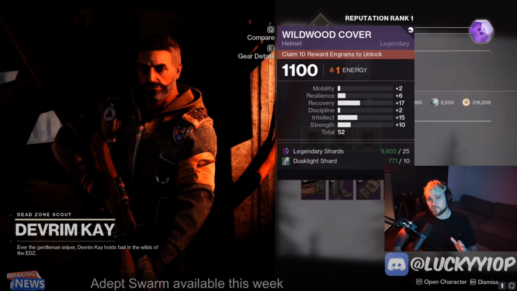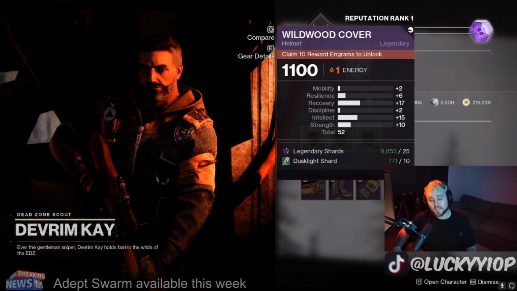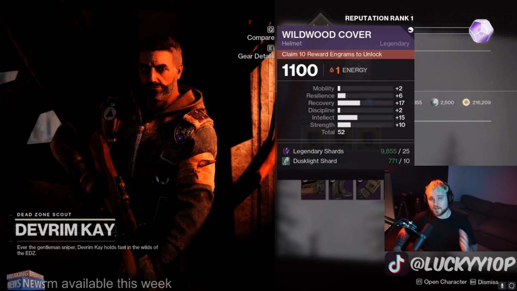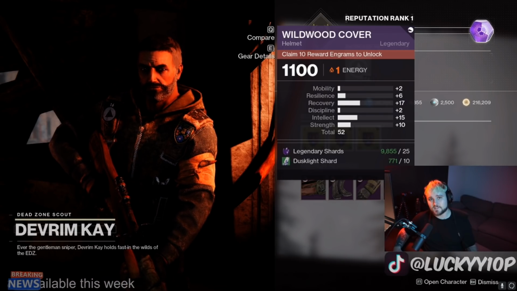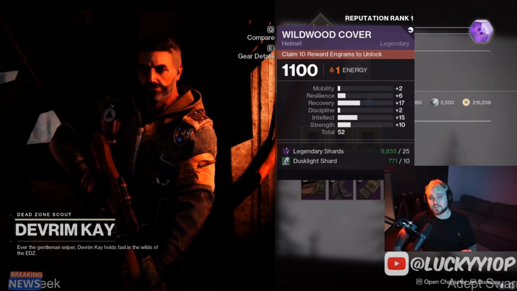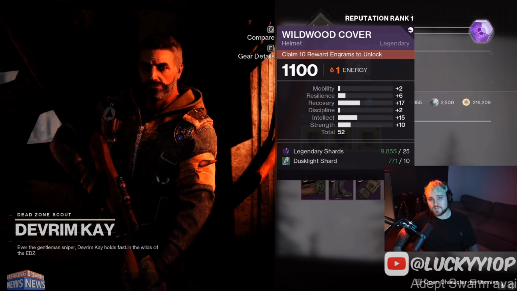That'll make your survivability so much better, especially if you're trying to play endgame content like Iron Banner or Comp or Trials. A lot of people are going to be using the meta, the strongest weapons in the game. They're going to be using 120 RPM hand cannons, and you don't want to get absolutely murked out there. You don't want to give yourself any sort of a deficit, so make sure you have at least 50 resilience regardless of Titan,